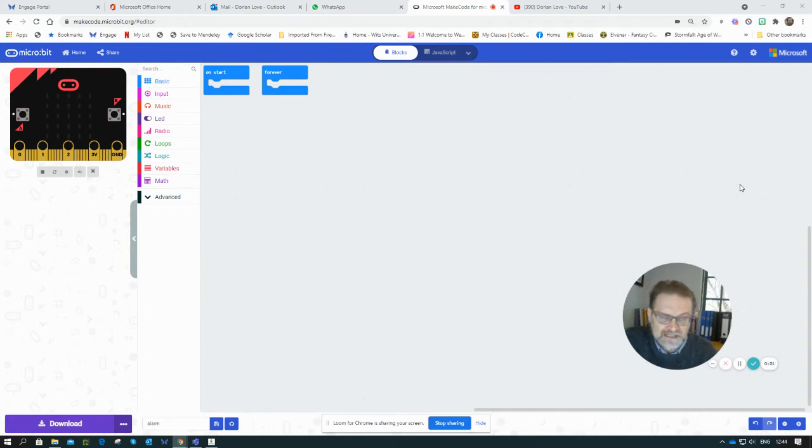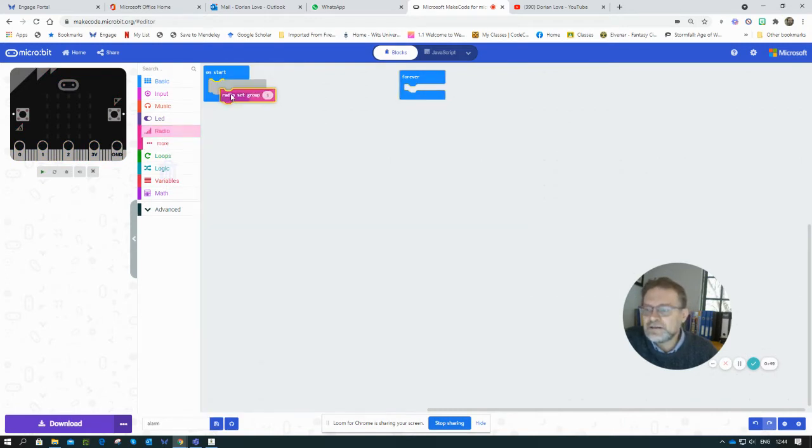And when it's moved, it's going to send an alarm to a second microbit so that you can have the second microbit with you. And when your first microbit is tampered with, you'll know. So on the start, we're going to send a radio signal. So if I go down to radio, I'm going to set a radio group. And you can set it to anything like 77, for example. And that's the frequency on which your chip will work. And any chip with this program downloaded on it will be able to send a message from one microbit to